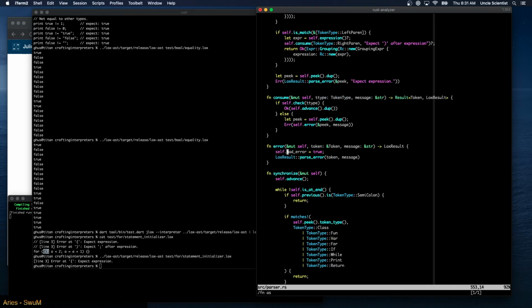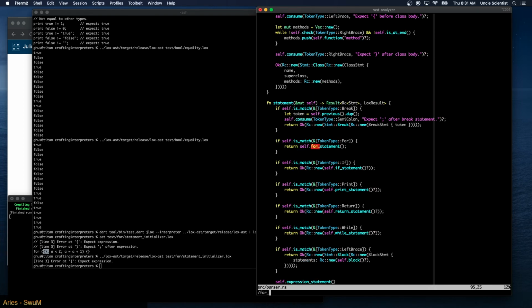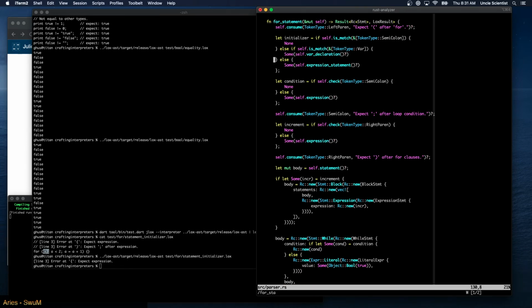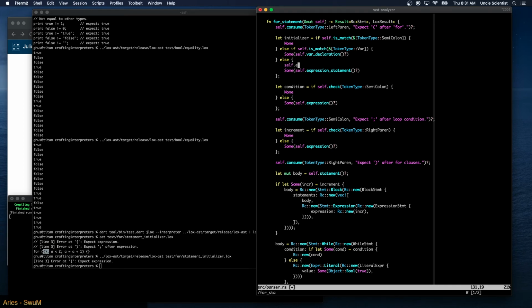Yeah, so it says LOX had error is true. So if this is where we're going, then we are setting the error flag, which is nice. So we could, in our for statement, just carry on and just let initializer. We can say self expression statement dot okay.